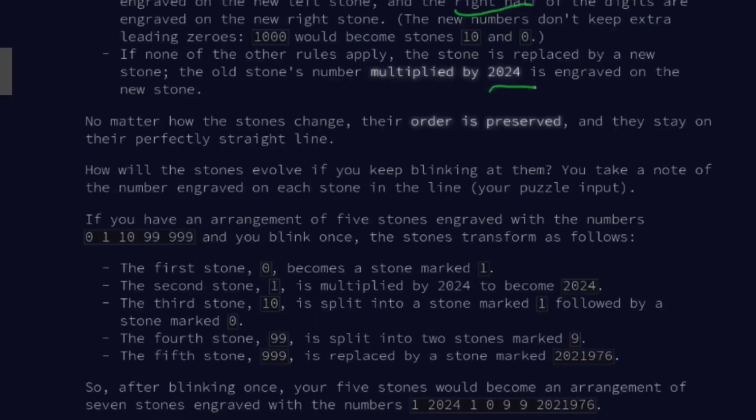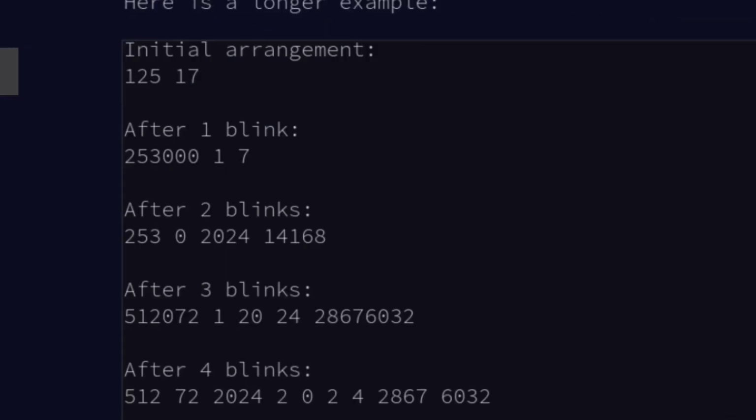Let's take a look at an example. This example starts with 125 and 17. 125, because it's not 0 and it doesn't have an even number of digits, changes to 125 times 2024, which is 253,000. 17, which is a 2-digit number, is split into two halves, which are 1 and 7. In the next round,